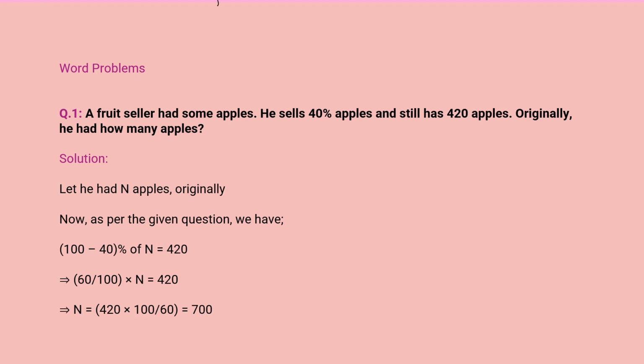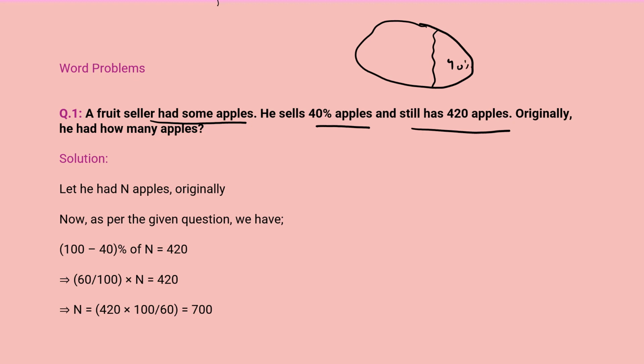Okay, now we will move on to some more word problems. So first one is: a fruit seller had some apples. He sells 40% apples and still has 420 apples. तो क्या बोल रहा है, एक फ्रूट सेलर था, उसके पास बहुत सारे एप्पल्स थे, ठीक है। उसने क्या किया, इसमें से 40% जो एप्पल्स हैं वो उसने बेच दिए, ठीक है। अब उसके पास ये एप्पल्स बच गए, इनका वैल्यू कितना है, 420।